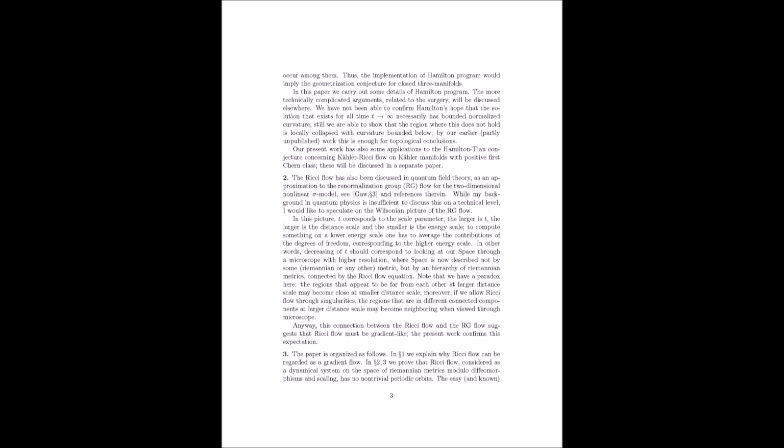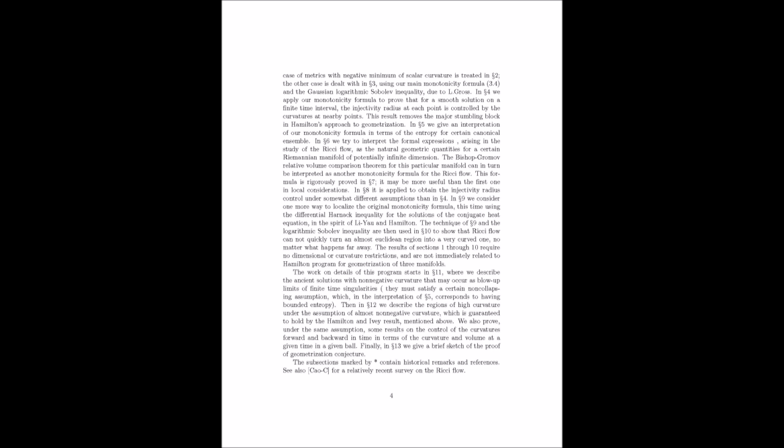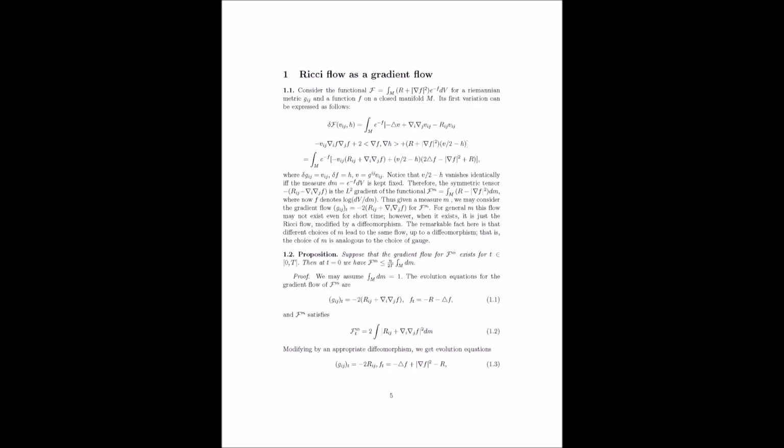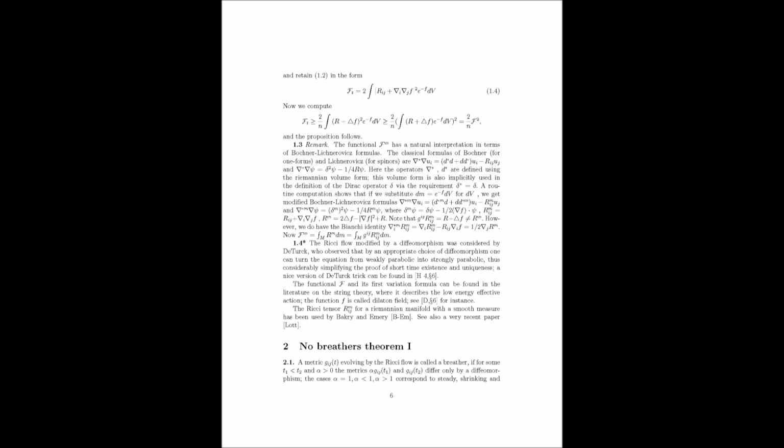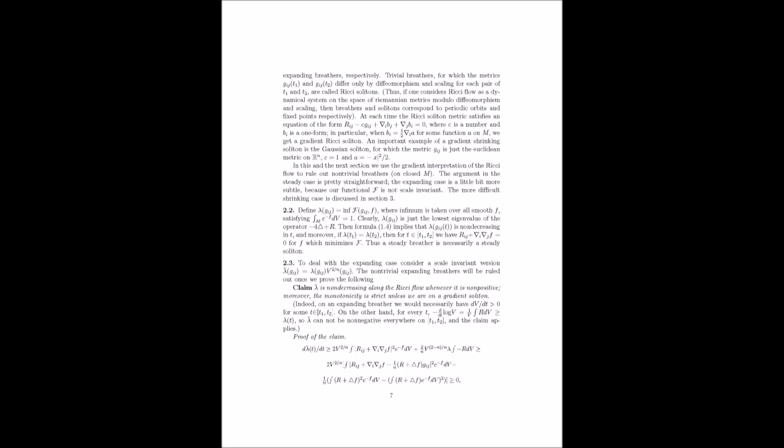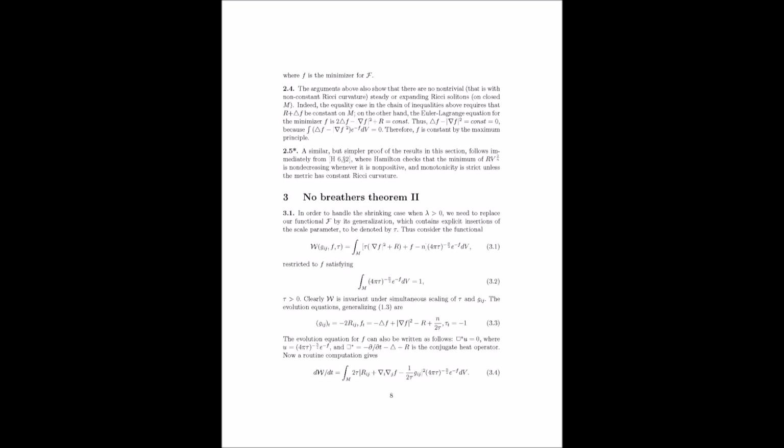Ah, tau. Our zoom in, zoom out parameter that lets us analyze the behavior at different levels of detail. Exactly. And here's where Perelman's ingenuity really shines through. He shows that this W functional has this remarkable property. It's monotonically decreasing under the Ricci flow. Meaning it can only go down or stay the same as the flow progresses. Precisely. And this seemingly simple property has huge implications. If we had a breather, a metric that cycles back to its original shape, then the W functional would have to return to its original value after each cycle, right? Right, because it's back where it started.